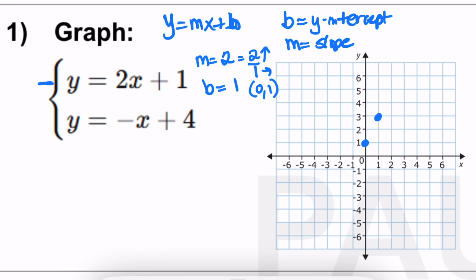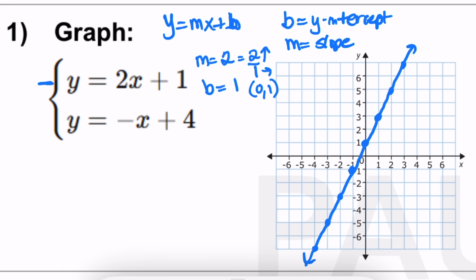Now I can repeat that information. Go up 2 spaces to the right 1, up 2 to the right 1. And I also can reverse it. I can go down 2 spaces from the y-intercept. So at number 1, go down 2 spaces and then to the left 1 and put a dot. And you notice you're still on that same line. Go down 2 spaces to the left 1, and keep repeating. And so now I can just draw my straight line, connecting all the dots. Put my arrow here. And so that is my first